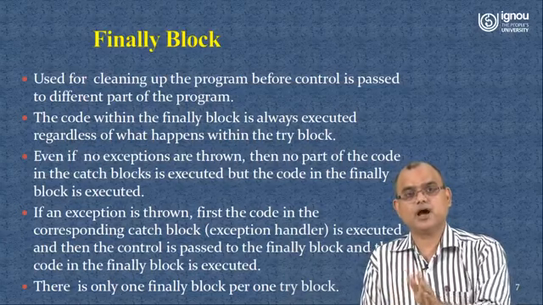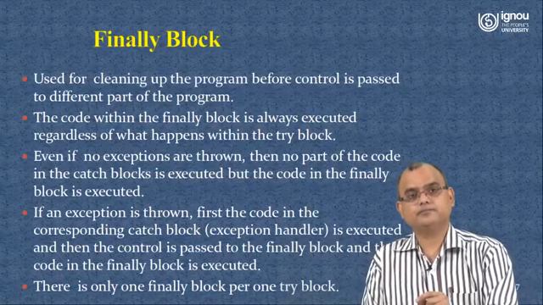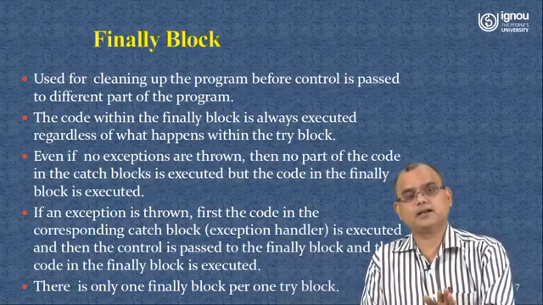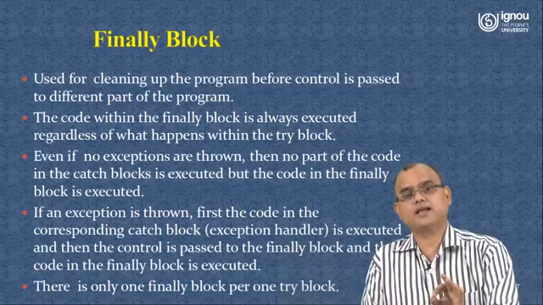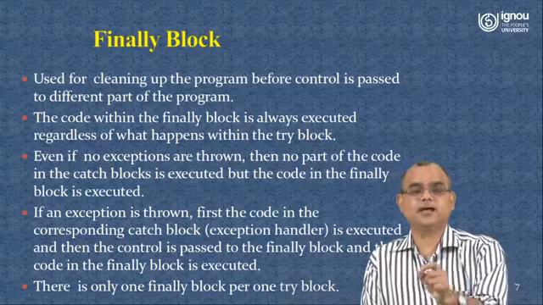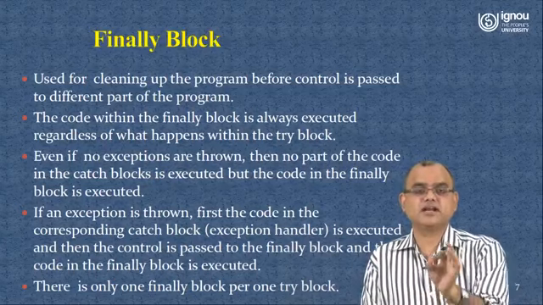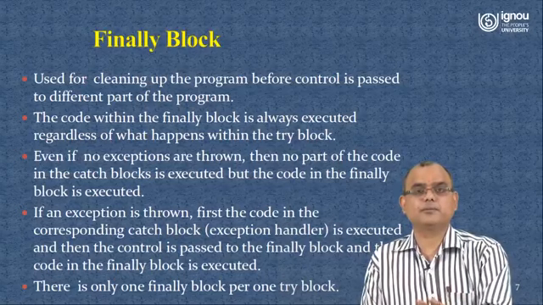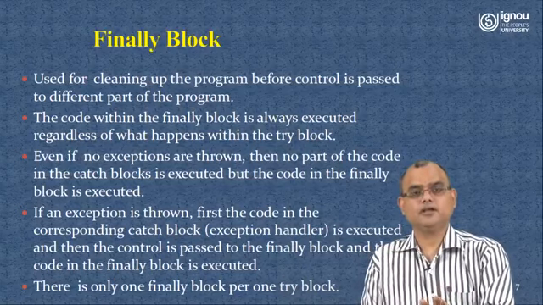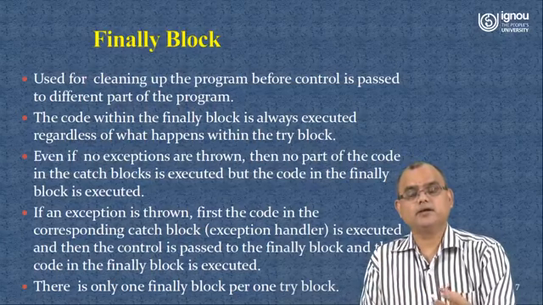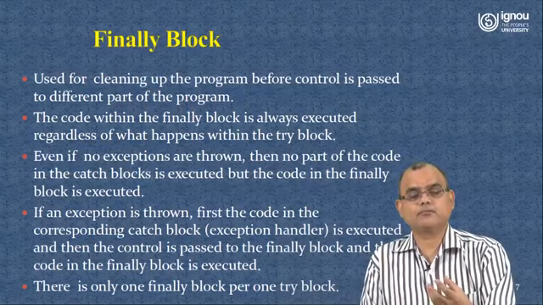Those different catch blocks help you to manage different kinds of exceptions, and only the catch block to which the exception has been thrown will be executed, the one exactly matching the type of the exception thrown from the try block. And the finally block is used for some kind of cleaning up process or some kind of code which you